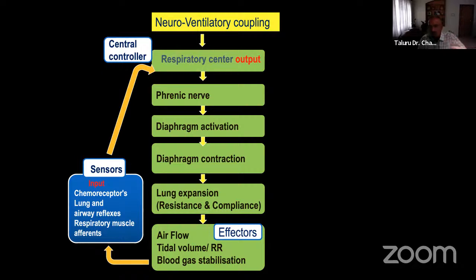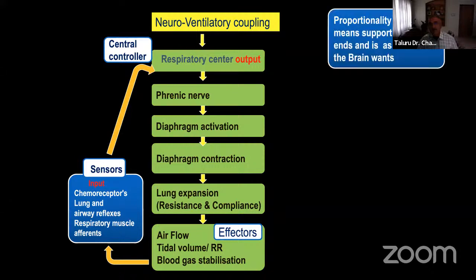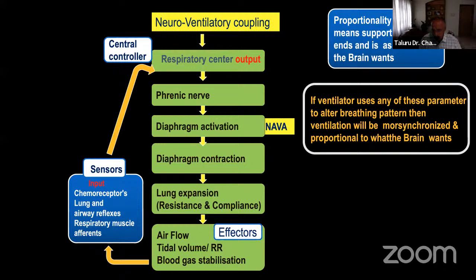There is an inherent issue here. From the output to the diaphragm contracting, air being sucked in, the ventilator being told that the patient requires a volume and the inspiratory flow starting, there is an inherent problem. Are there any modes which have gone up the cycle and started getting information much earlier? Yes, there is one mode called NAVA, neurally adjusted ventilatory assist, where we put an esophageal probe which picks up